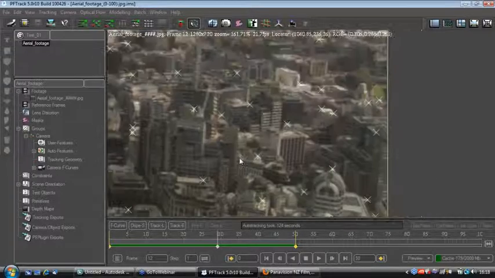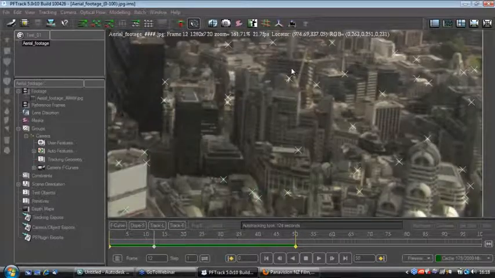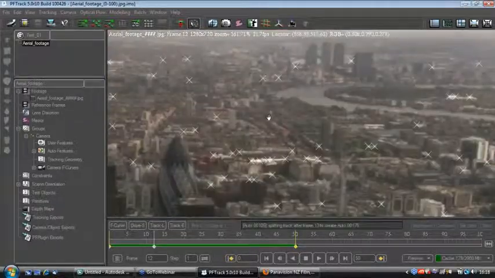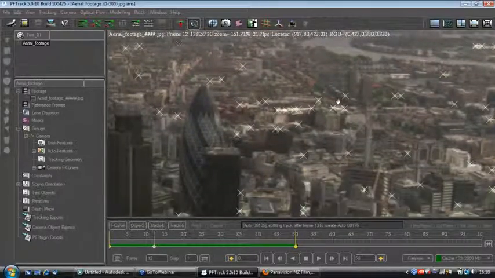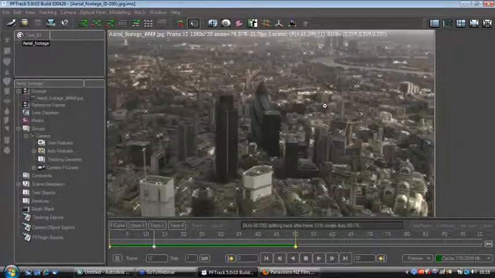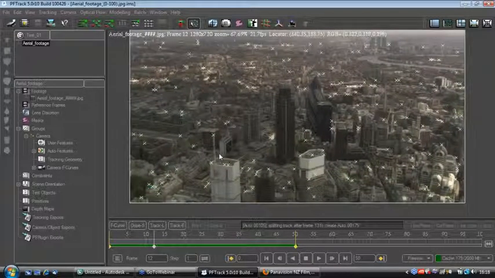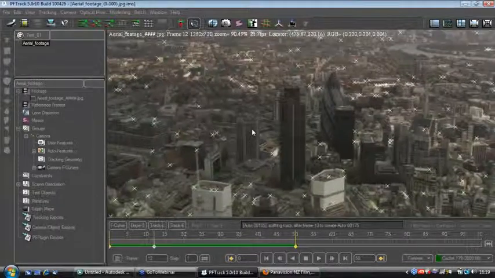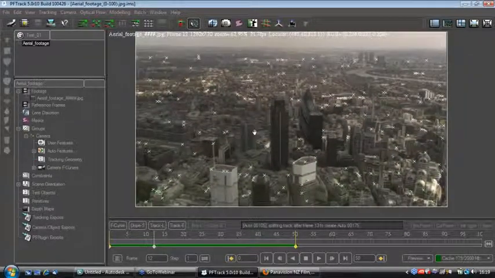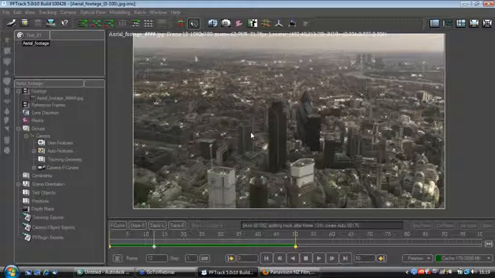This can be a fairly time-intensive process if you have hundreds and hundreds of user features. So in a situation like this, where there doesn't seem to be many situations where things could track to incorrect places or moving objects, it's not so much of a pain. But there are ways in PFTrack to mask out areas and to avoid the tracker tracking those regions at all. So if we choose on our toolbar masks,